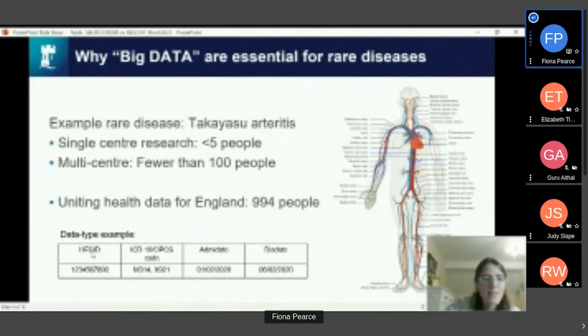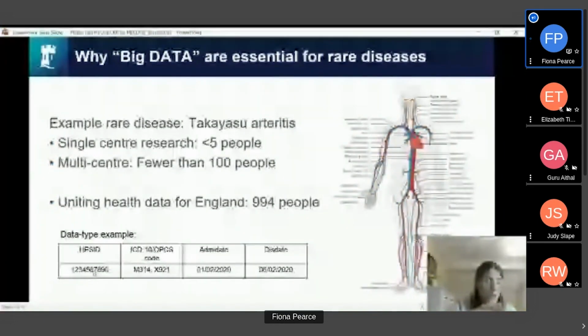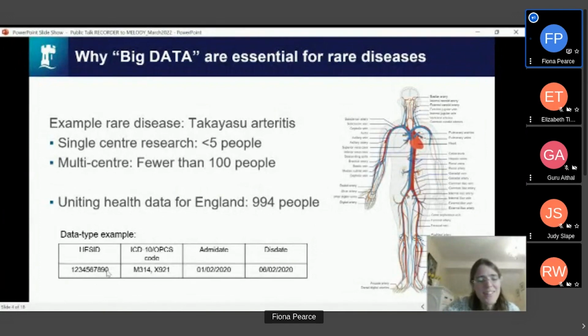Each person has a HES identifier. That's a number that is unique to them in the Hospital Episode Statistics, the record of hospital admissions. I've put this number in here, you can see it's the numbers 1 to 9 in ascending order and then 0. Although this is technically personal identifiable information, in that there is a key that means somebody could tell you who this is, as a researcher I have absolutely no idea who it is. This could be anybody. This could be my auntie in Surrey. This could be someone I've never met up in Northumberland.